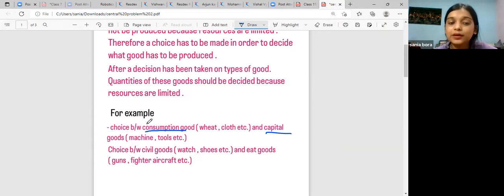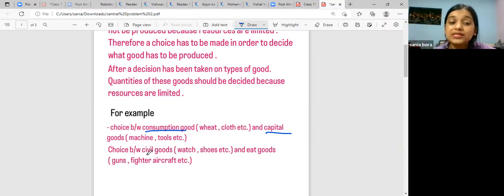So basically, you have to make a choice between consumption goods or capital goods. Whether you want to produce consumption goods, like the ones people are going to use or eat, or capital goods, which will help in further production. For example, I bought a printing machine that will help in the production of books, like helping printing, right? So you have to make a choice between whether you want to produce consumption goods or capital goods,